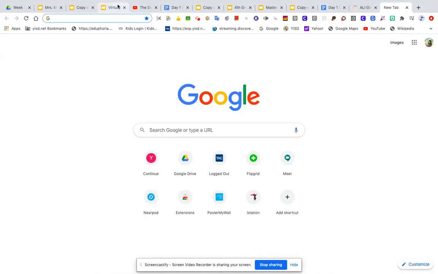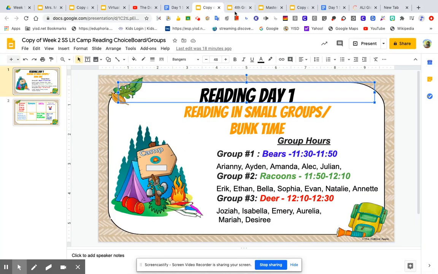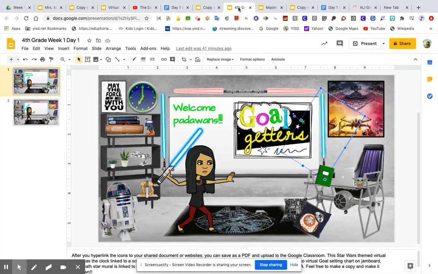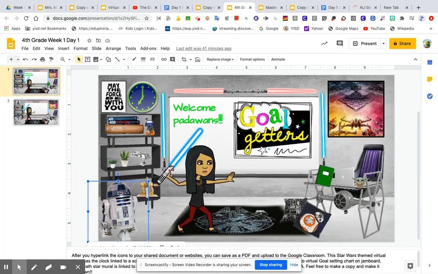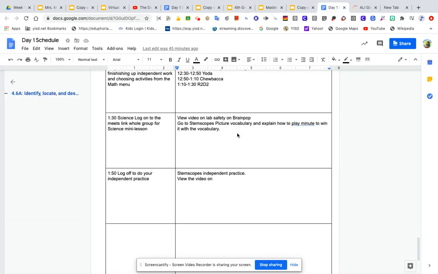But anyway, so for my 4th grade class this year, and thank you to whoever made this Star Wars template, I'm going to instruct my kiddos. Okay, so I did my Bitmoji classroom, and I had some icons in mind that I was going to use. And so here's my schedule